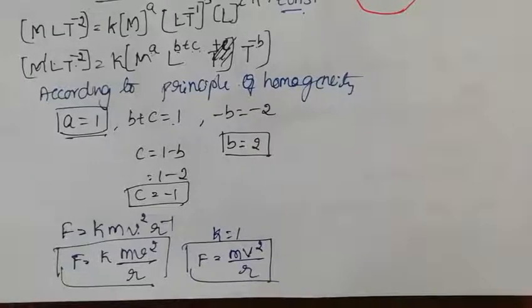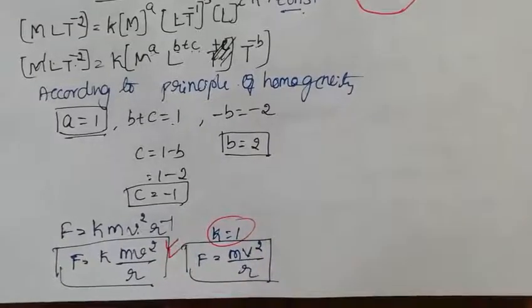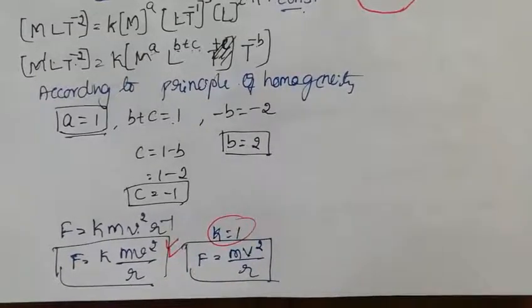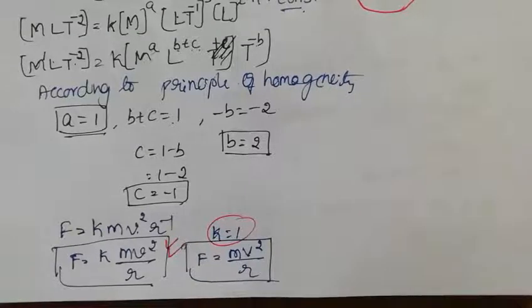Okay, so this is how we are going to build it. But this value of k we will not get to know, we just leave it here only. This is how we build the relationship among various physical quantities, how force is related to mass, velocity, radius, like that. This is the third application of dimensional analysis. Let us have one or two questions related to this so that we can understand even better.